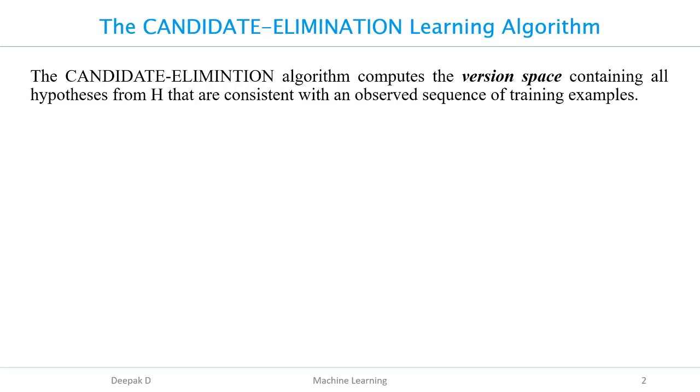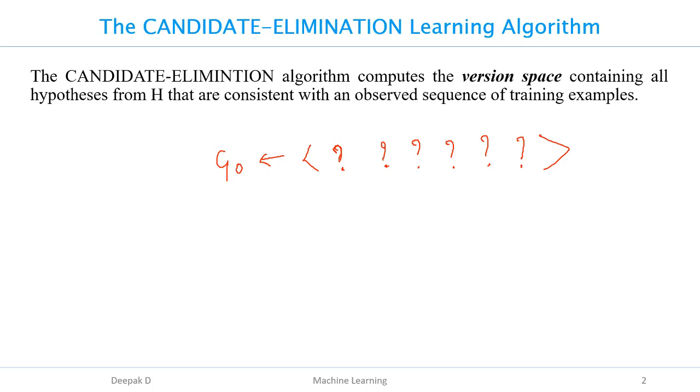Let's begin with initializing the version space to the set of all hypotheses in H. Here you can see there are two boundaries. We will initialize a G boundary with a constraint, that the constraint is any value is acceptable. Here I have written 6 attribute values, which is a hypothesis in the G boundary. In that hypothesis, all the values are filled with the constraint: any value is acceptable.